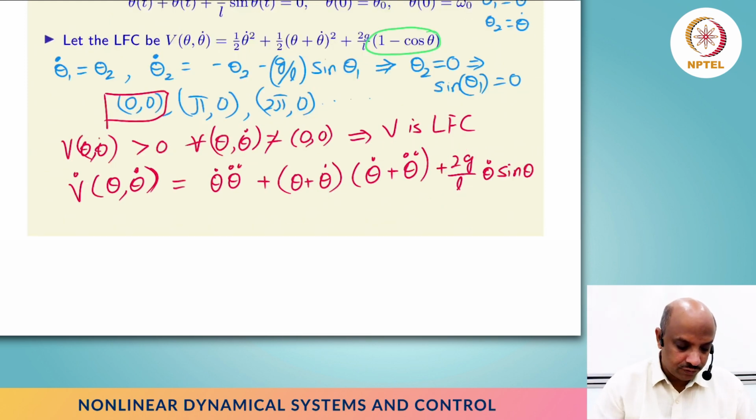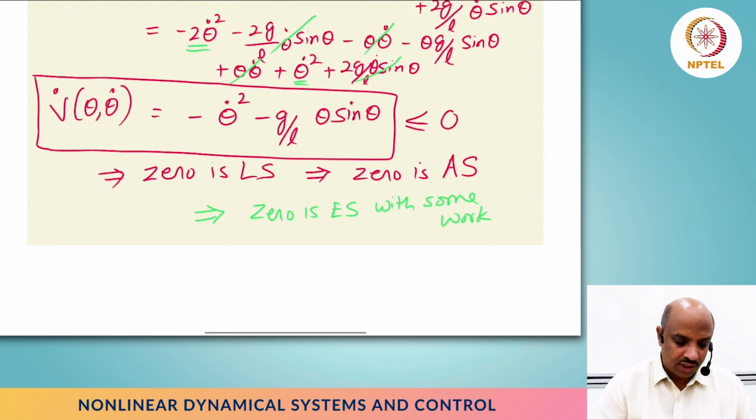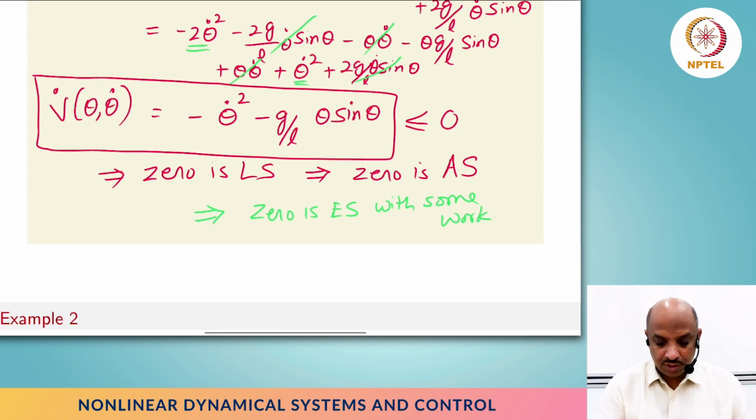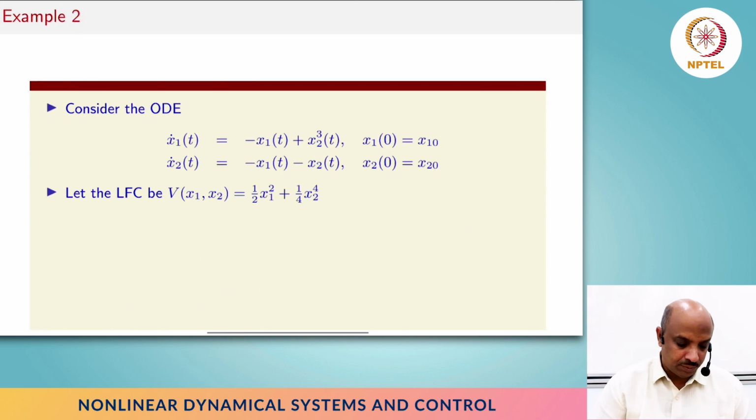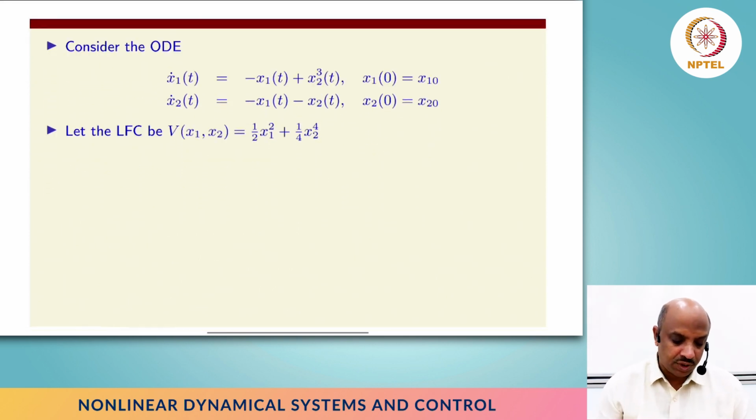One of the things we forgot to check is basically if V of 0, 0 is 0, and that's trivially satisfied. This part is 0, this part is going to be 0 at 0, this part is going to be 0, so all the conditions of the Lyapunov function theorem are satisfied to show first Lyapunov stability, then asymptotic stability. We didn't show the details of exponential stability, but the details are left to you as homework, right? So we'll go on to the next example,